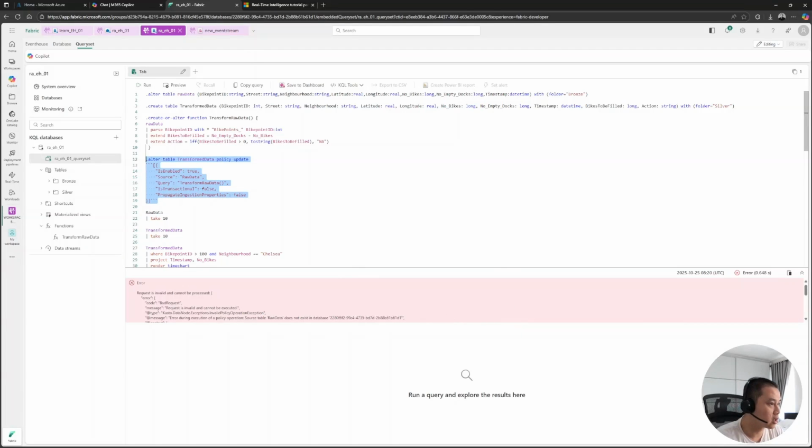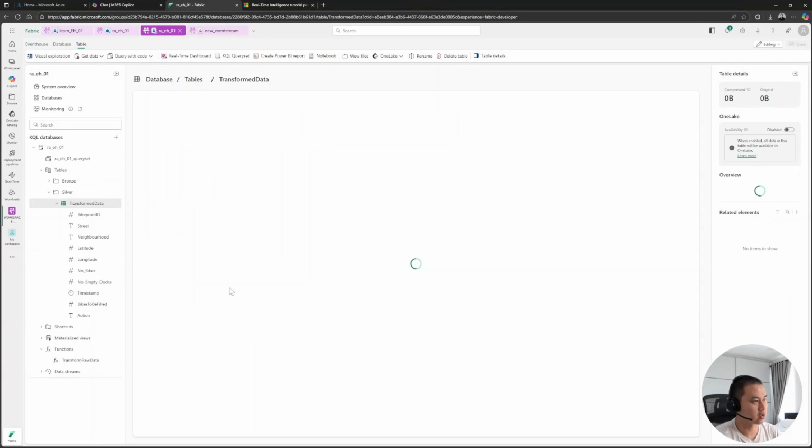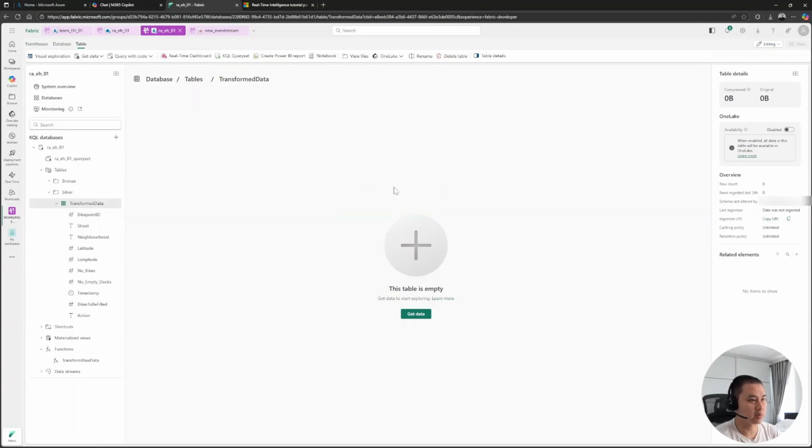Oops. Dang, I missed this one because it says case sensitive. Boom. There you go. It works. But we need to give some time, maybe a couple of minutes, to let this show because it's not going to show immediately. But I think while waiting, it's worth noting that when you click a table on